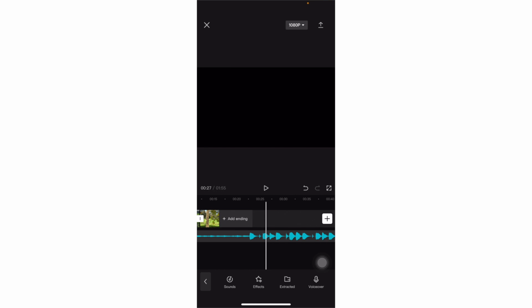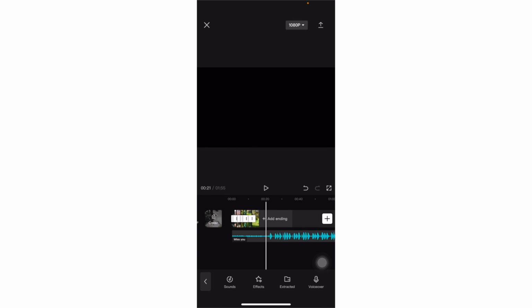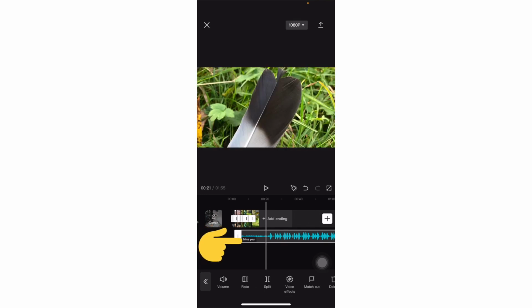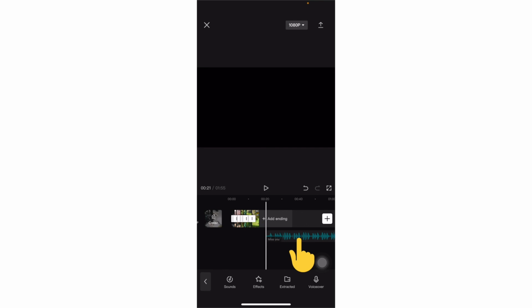If I want to zoom out and see what's happening, I can use my two fingers and press them together in the timeline, and you see there's a lot of music, and my video is only really short, so I can shorten this music as well. I just want to use, well, maybe this part. So I select it, and then I take off that first part. I deselect, then I put my finger on the music and I drag it to the left.